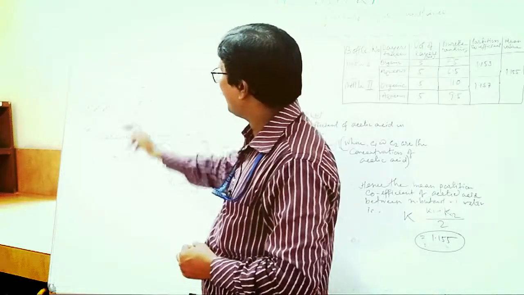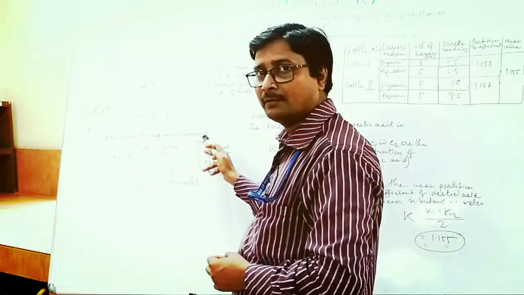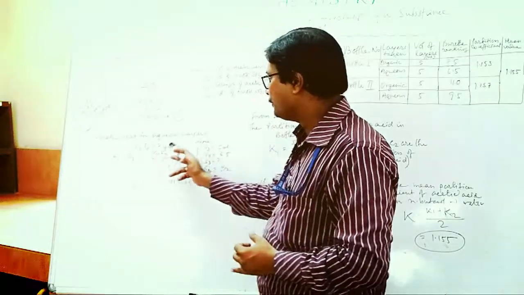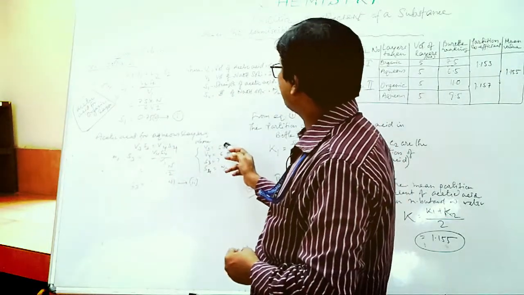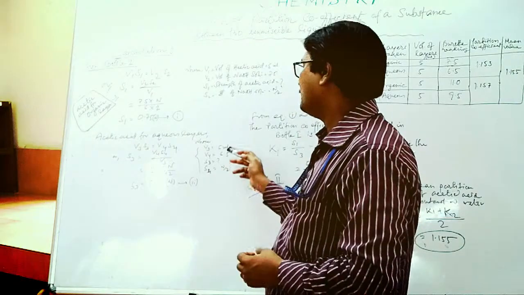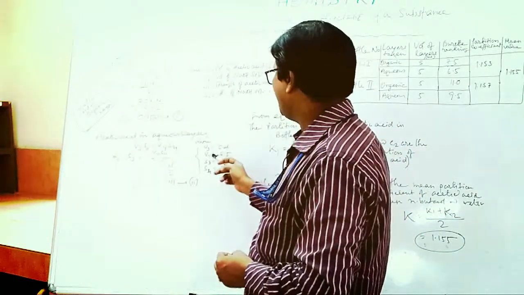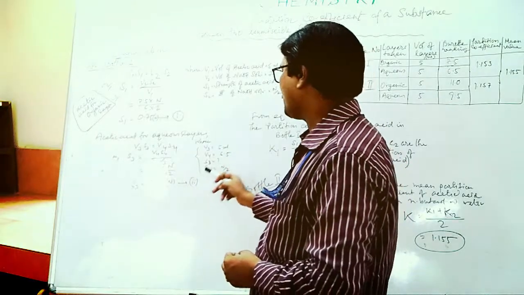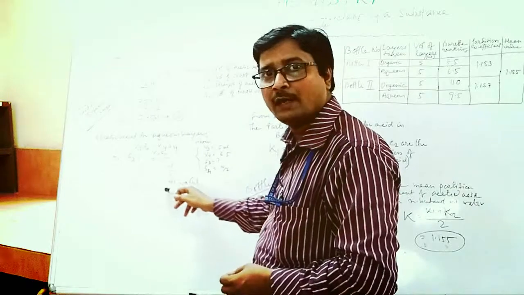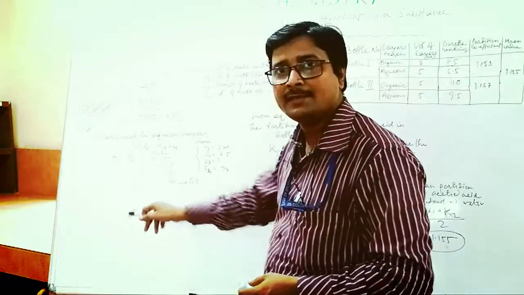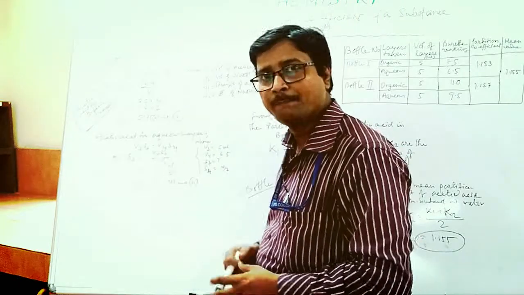Now for bottle 1, again we have to determine the strength of acetic acid in the aqueous layer. Again the same formula, V3S3 = V4S4, where V3 is the volume of acetic acid, that is 5 ml, and V4 is the volume of NaOH solution. From that table it says 6.5, and S4 is N by 2. So after putting in the values you will get 0.65 normal. That is S3, the strength of acetic acid for the aqueous layer in bottle 1.